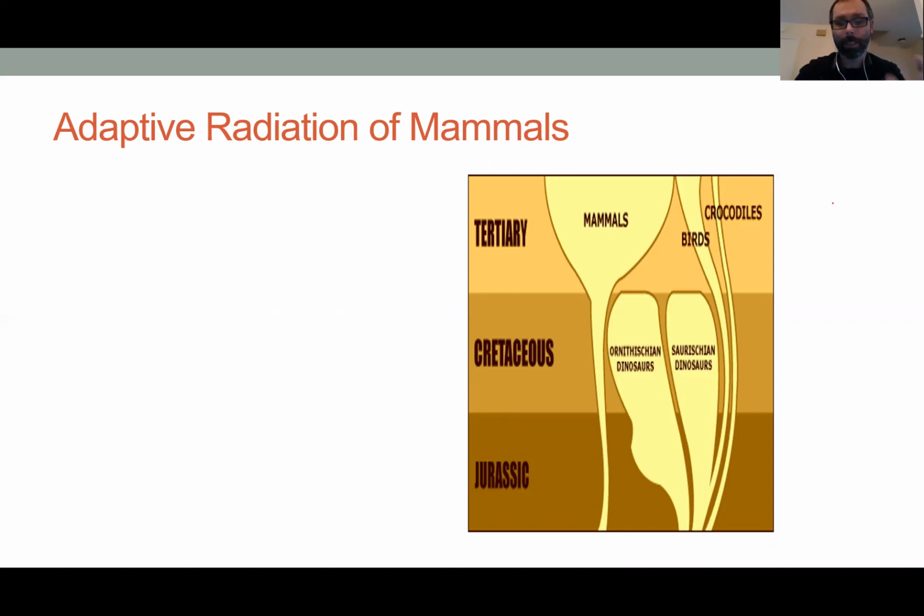In this image, you can see once again the width of the line shows the number of different species, right? And so first off, you notice that the mammal line goes way back. There were mammals alive at the same time as dinosaurs, just like crocodiles, which, by the way, are not dinosaurs technically. And then the ancestors of the birds showed up alongside dinosaurs for a while. And then the dinosaurs stop, right? And as soon as the dinosaurs go away, the mammal line explodes out. The birds a little bit, but the mammal line for sure,